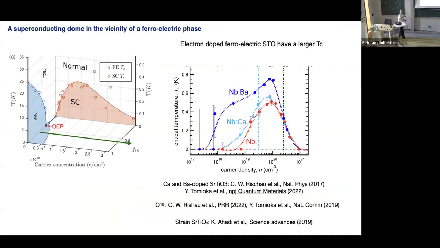Can we start from ferroelectricity, put electrons inside, and what happens? So the answer is actually yes. There are many groups that have done that. So here you start from a ferroelectric phase, either by doping calcium and barium, and you add some niobium that does the job, and that adds some electrons in your system. And the remarkable observation is that in the low doped regime of your phase diagram, you have an enhancement of